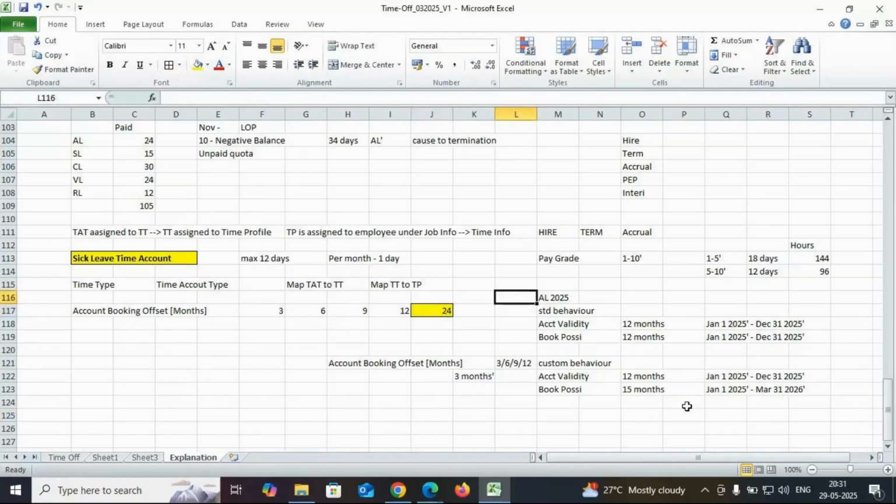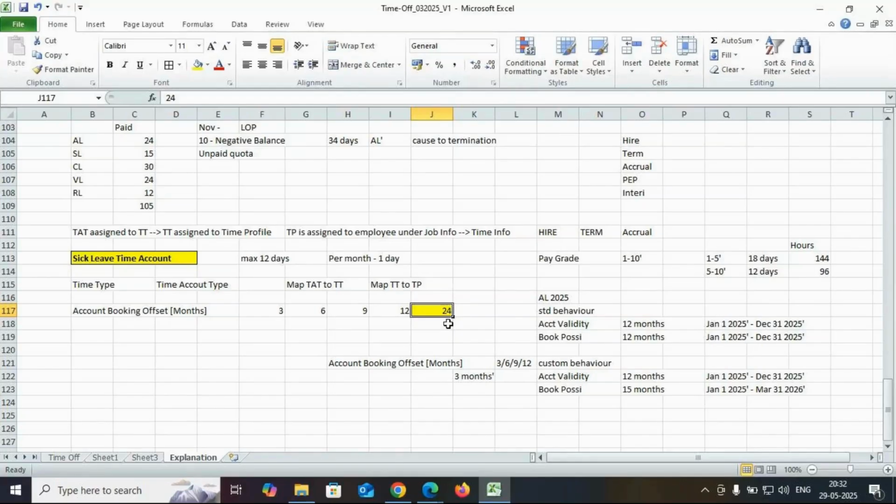Just an example. If you are trying to request a recreation leave from the quota of 30 days, and any balance is available, and you would like to request that balance after 1 year or 2 years, etc., in case your customer's requirement has such a mechanism, I mean to say account booking offset